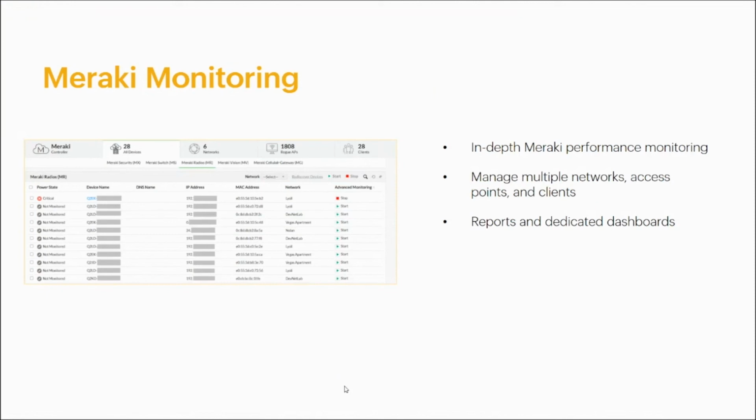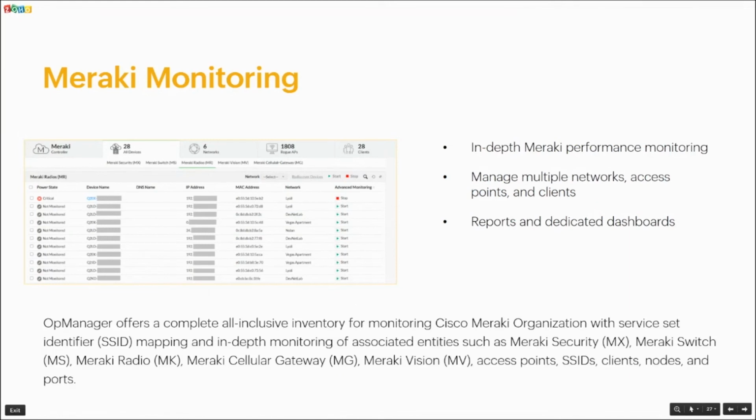You have dedicated reports and dedicated dashboards for Meraki based monitoring. OpManager offers you a complete all-inclusive inventory for monitoring a Cisco Meraki environment with service set identifier mapping, and in-depth monitoring for associated entities such as Meraki Security, Meraki Switches, Meraki Radio, Meraki Cellular Gateway, Meraki Vision, access points, SSIDs, clients, nodes, and ports which are there in your Meraki environment or in your Meraki devices which you're